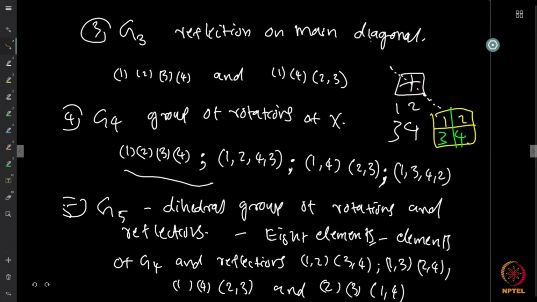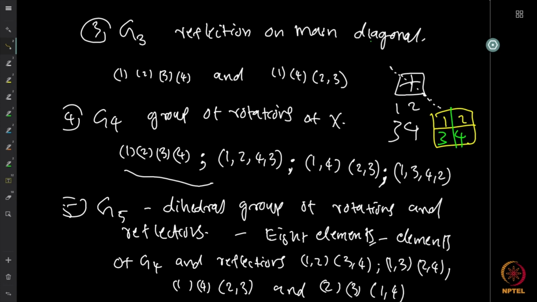So basically, this is represented by 1 going to itself, 4 going to itself, and 2 going to 3 and 3 going to 2, right? So G3 is the reflection on the main diagonal. That is also a two element